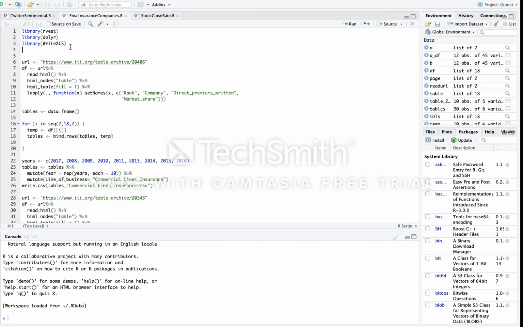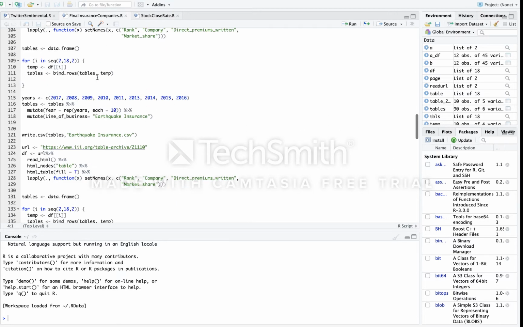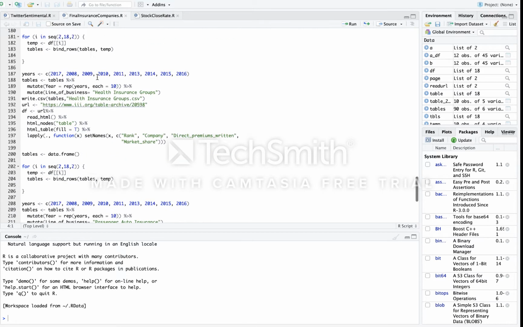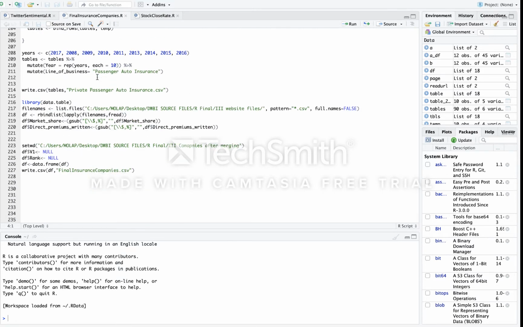This is the R code to extract data from the different URLs. There are 9 different lines of business, so 9 URLs have been passed. The data has been fetched, stored in a data frame and saved in a CSV file. Then later the CSV file is used to remove the unwanted special characters present in the columns and then stored